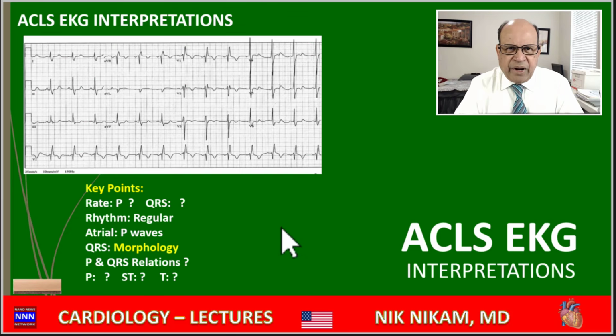We're going to take a little break here and switch gears. And what is your diagnosis? Again, as I said, we need to look at the RR cycle. We need to look at the P wave. We need to look at the QRS complex morphology. We need to look at the ST segment deviations. We need to look for T wave changes. So what do we see here?